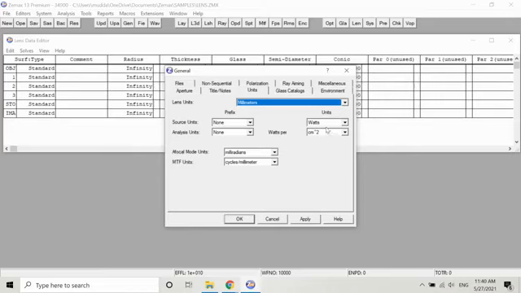Then if you want to measure the energy or power in watt or joule or lumen, you can define it from here. I'm just taking watt, and then per centimeter or per inch, whatever you want to choose according to your suitability, you can click it here. Then the focal length units: you need to define whether it is millimeter or centimeter. You need to define them here properly.